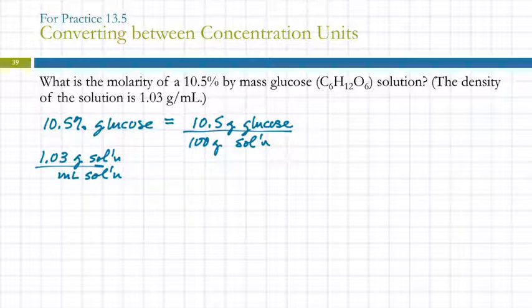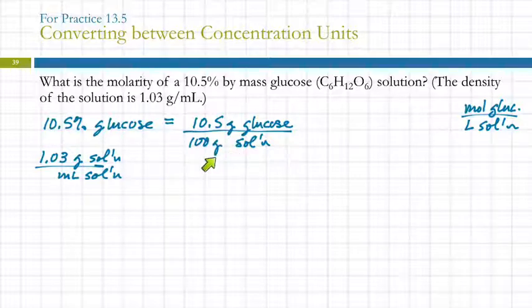So we're asked to find molarity, moles of glucose per liter of solution. And we look at the numbers that we're given, and they both look like conversion factors, don't they? Well, there's a couple of different things that we can do here. The more sophisticated thing is to say, well, this is a concentration unit, I'm going to start with this, and I'm going to convert the top and the bottom as needed to get to this. Students who can do that usually don't need much help doing it, so I'm not going to go